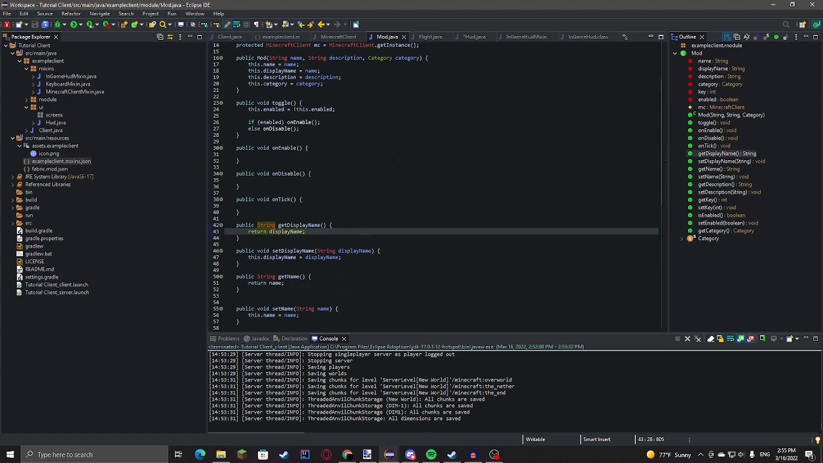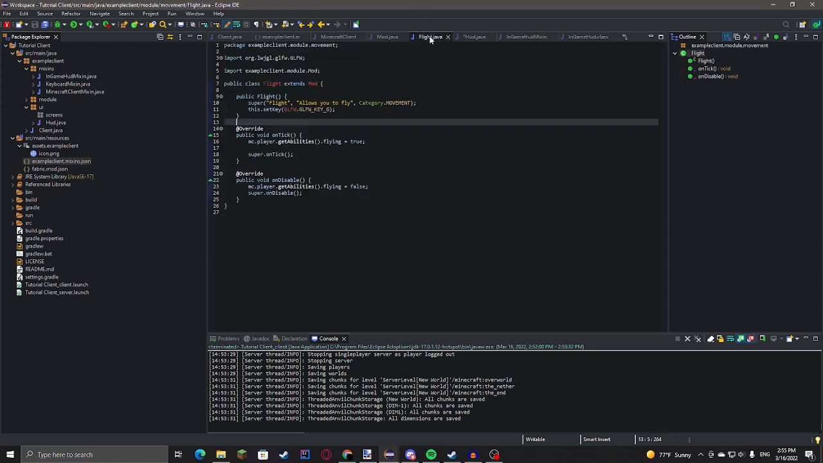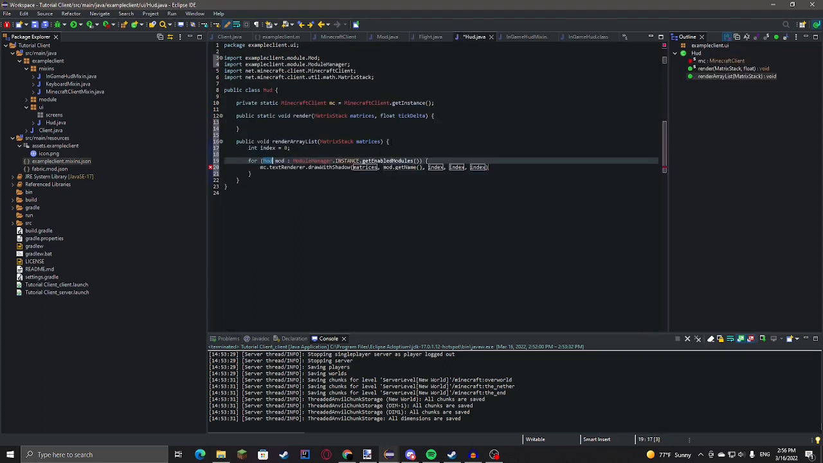So the display name will basically be if we have like modes in it, like in flight, if we have like mode like velocity or something like that instead of just vanilla. We can do set display name and then plus the mode. So then we'll do mod.get display name,